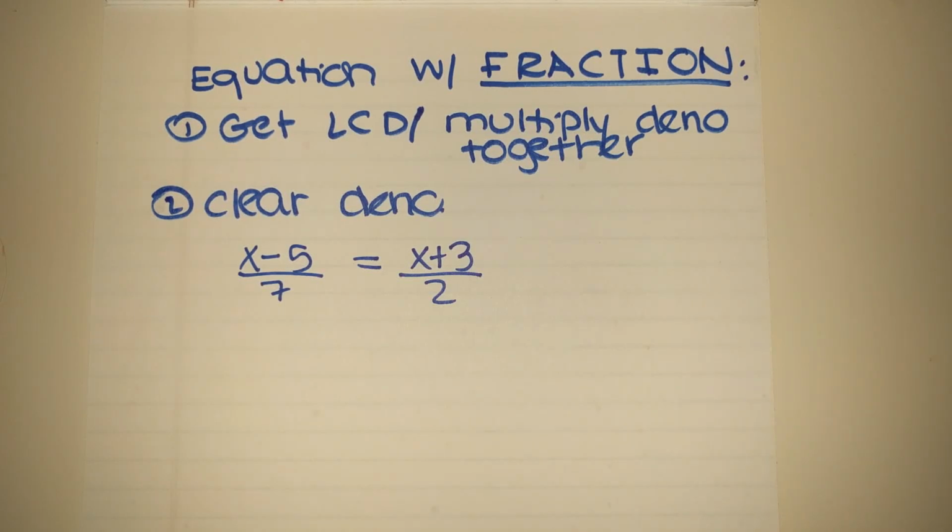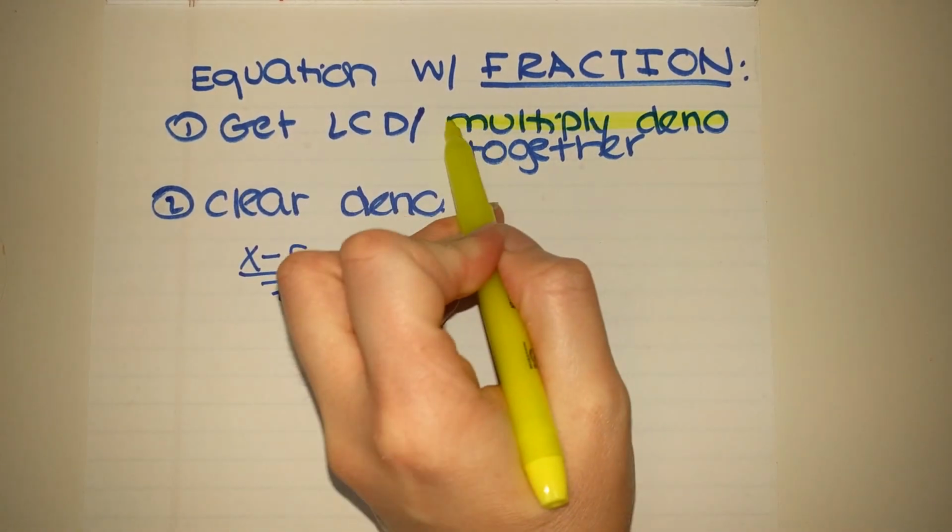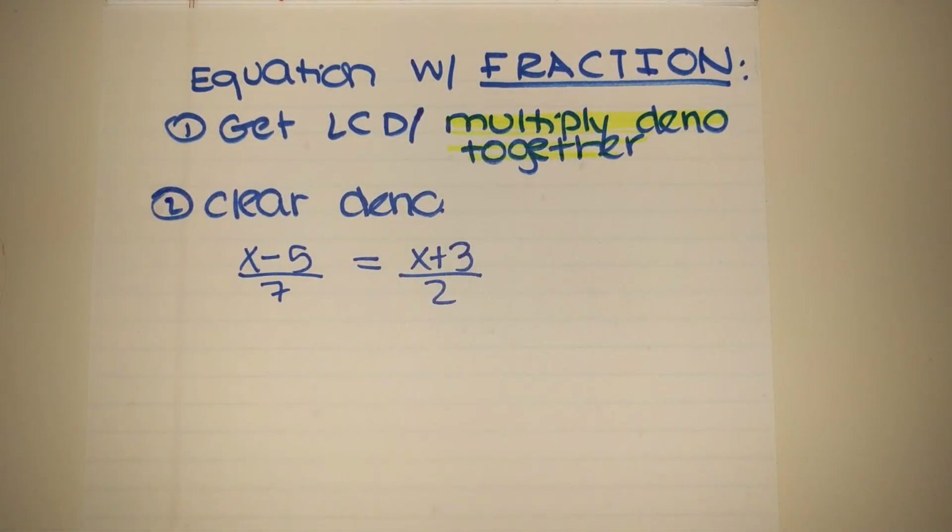All right, so when you have an equation with a fraction, the first thing you want to do is get an LCD, or if you don't know how to get the LCD or don't want to fiddle with it, you can always multiply all the denominators together and call that your quote-unquote common denominator. And then after you get a common denominator, the irony of the whole thing is we immediately eliminate the denominator, and that gives us just a numerator expression for us to solve.